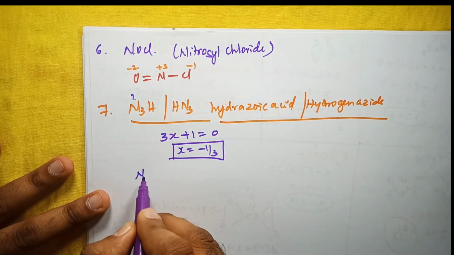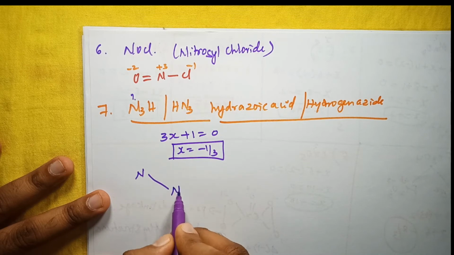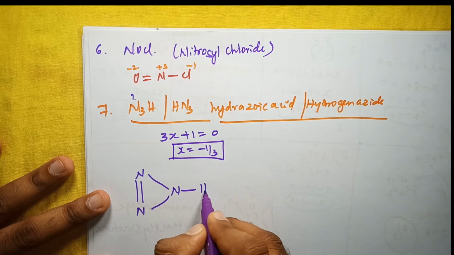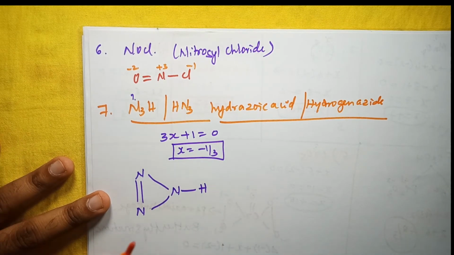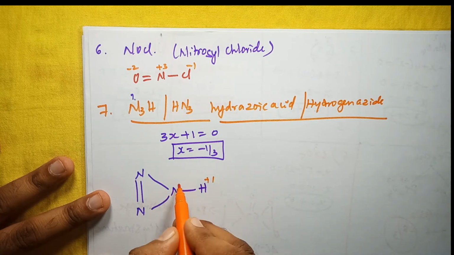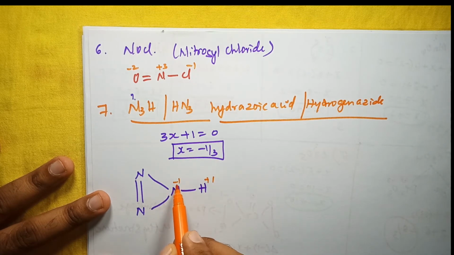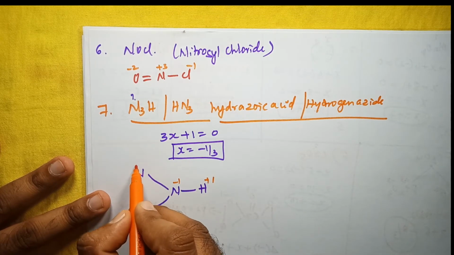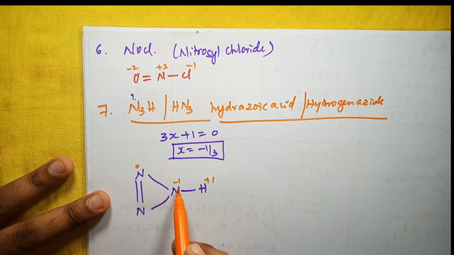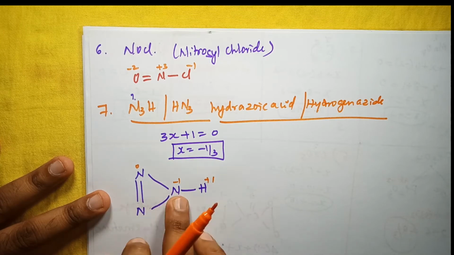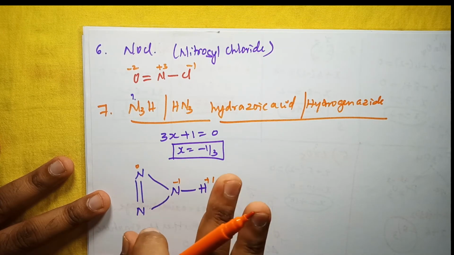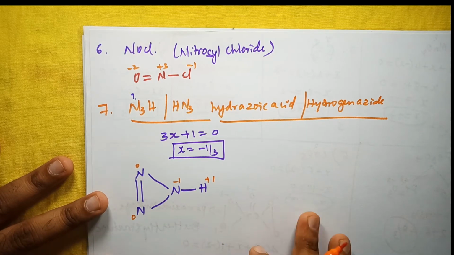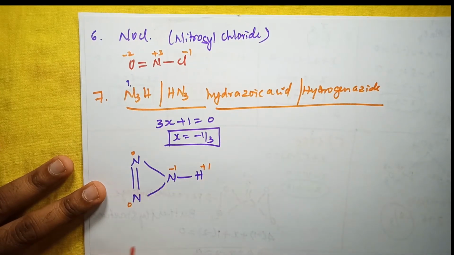So here it is N, here single bond N, here it is single bond. So for the double bond, next one is hydrogen. So look here friends, this is +1 oxidation state, this is -1. Nitrogen is -1 oxidation state with respect to this hydrogen. So here nitrogen is 0 oxidation state because nitrogen is bonded to 2 same atoms. So there is no difference in the electronegativity. So this nitrogen also has 0 oxidation state.